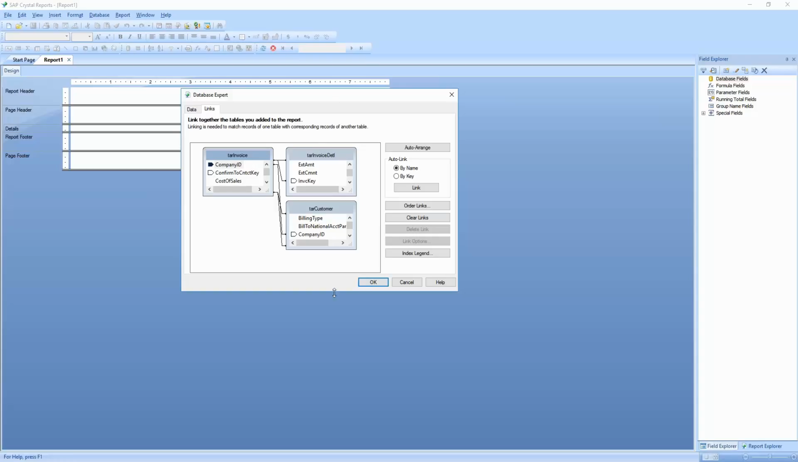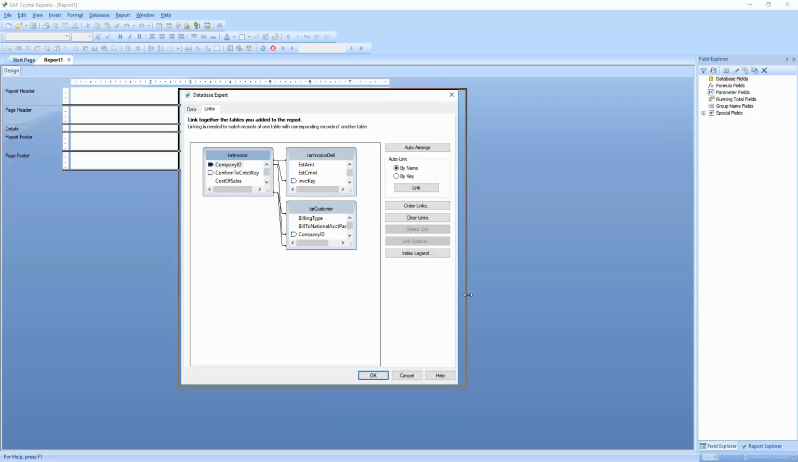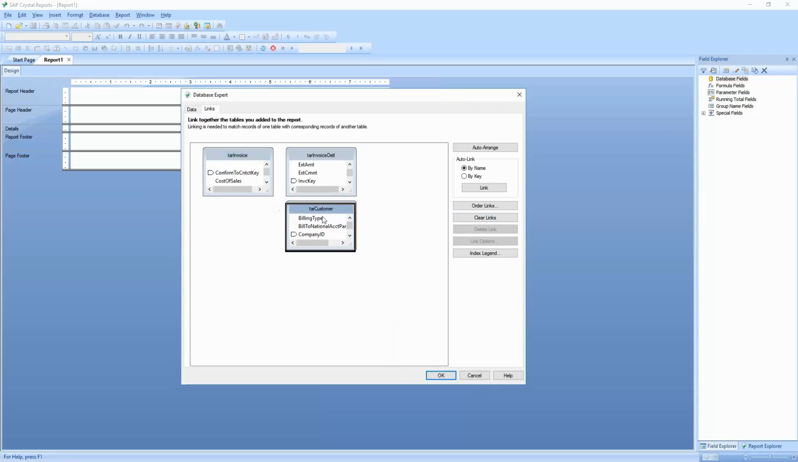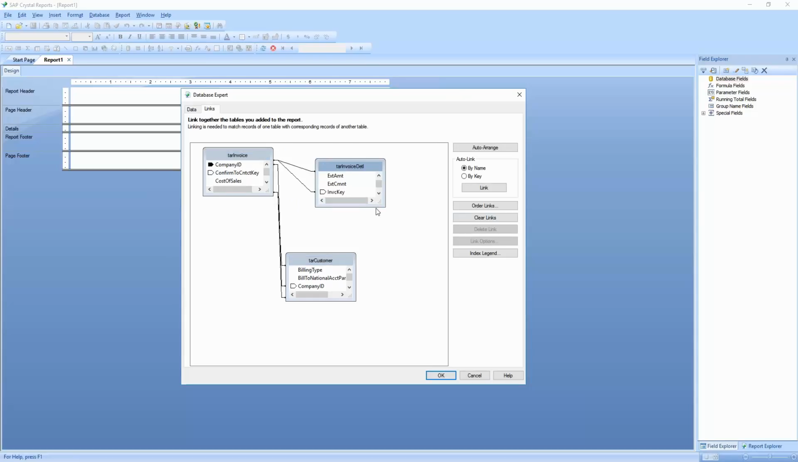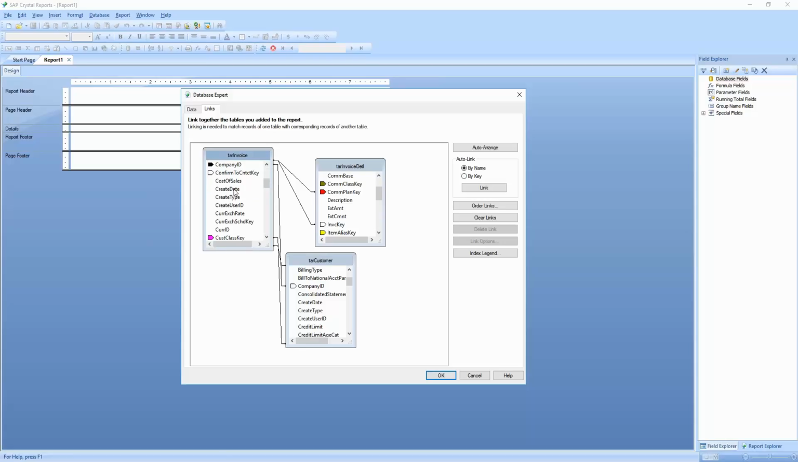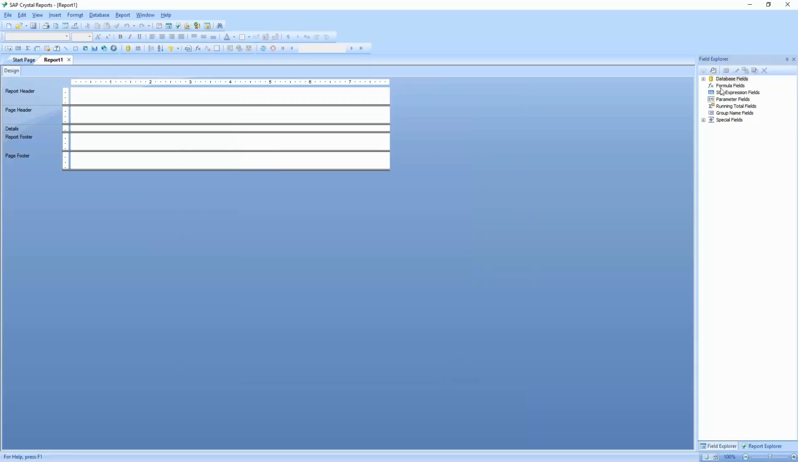Now, the next thing that it gives me the ability to do is go in and make sure that the links between the tables are correct. So I'll want to check and make sure that all of the fields that I want to use in my report are going to be interconnected throughout each of these tables. So things like transaction amount back to customer ID and things like that. I can see that my customer ID is linked, and you'll want to go through and make sure that those are correct. Once you know they are, I'm going to say OK,